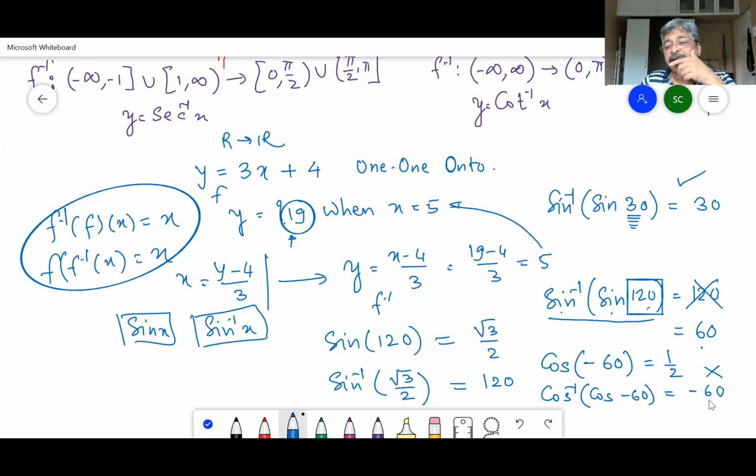So what answer will we get instead of minus 60? Plus 60. We will get the answer plus 60. They are 180 degrees opposite of each other. So that makes these inverse trigonometric functions very, very interesting and promising, challenging. So this is it. Okay. Let us look at another situation.